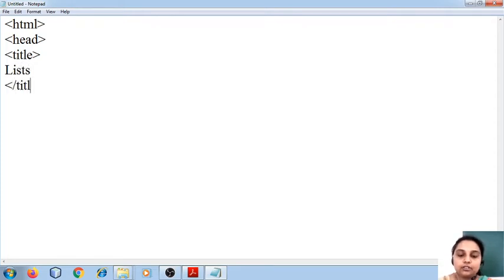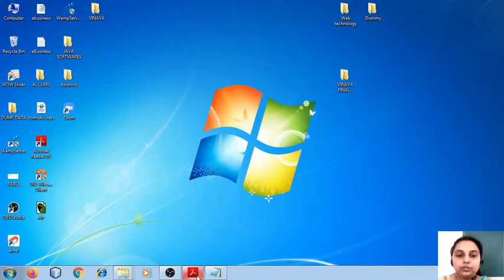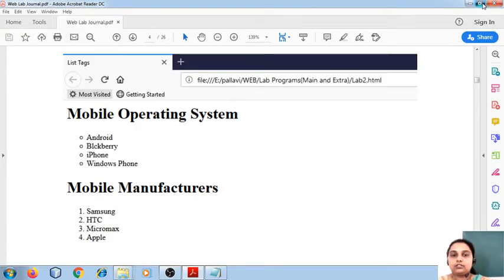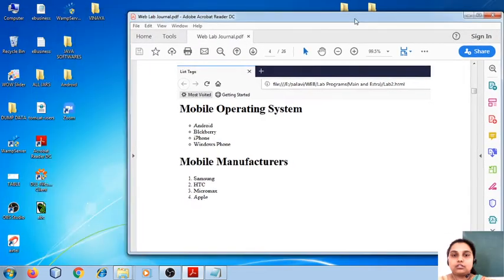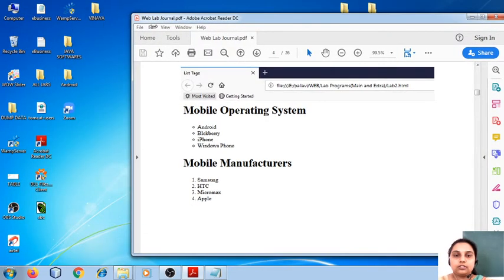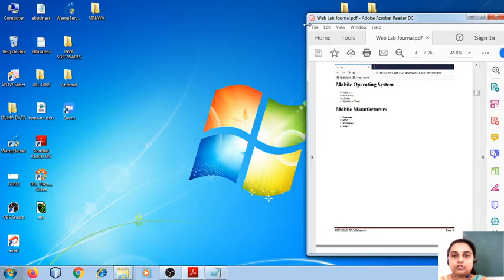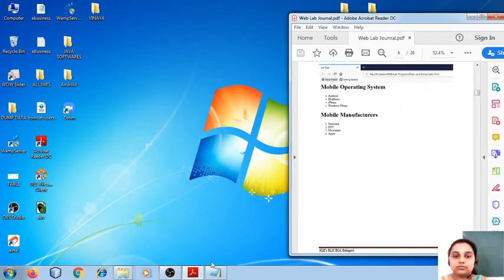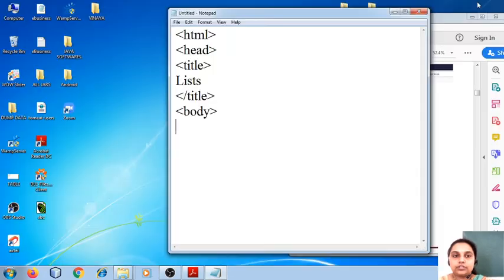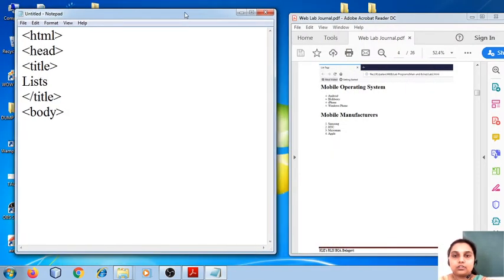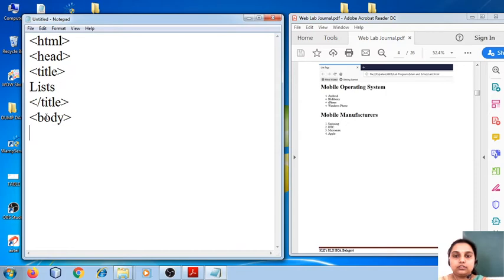Then the body. The HTML element head title we have given as the title of the web page.